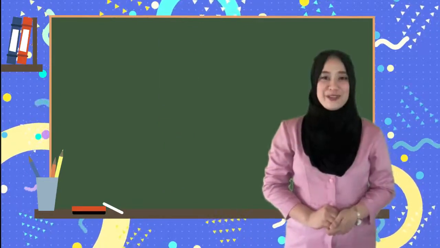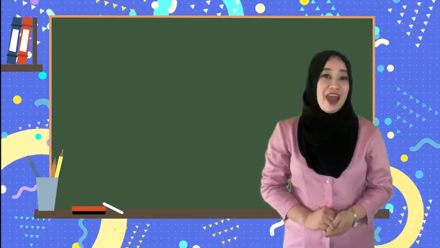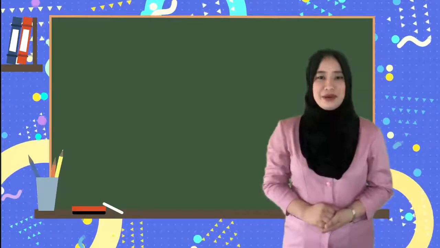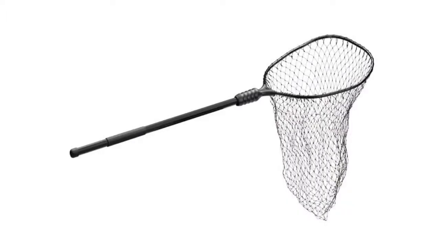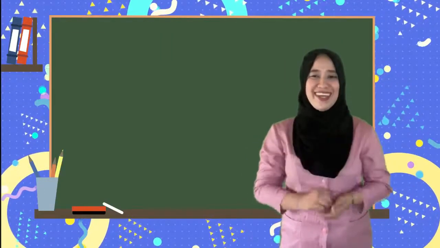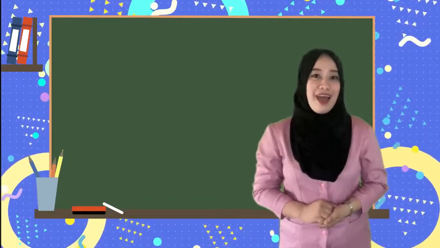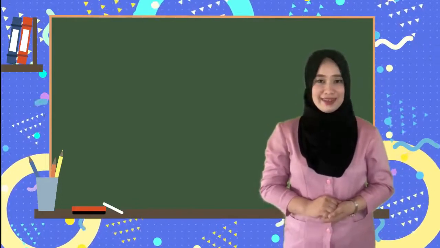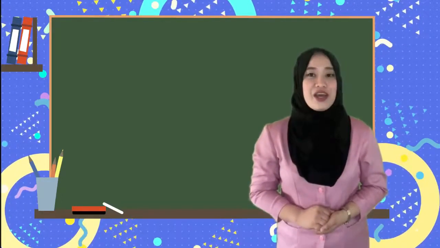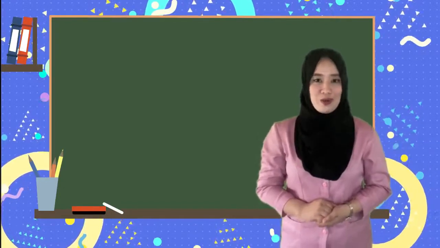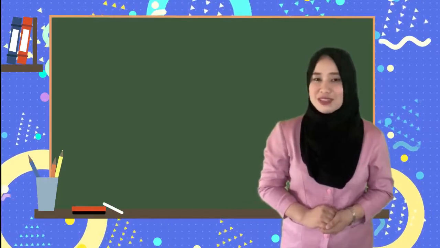We will now proceed to our new lesson. Are you ready to learn, kids? Very good. So, this is a big net. What is this big net for? Good job, kids! Now, what other animals can be saved by a big net? You're right! For today's lesson, we will try to read a short story. Do you want to hear a story, kids?